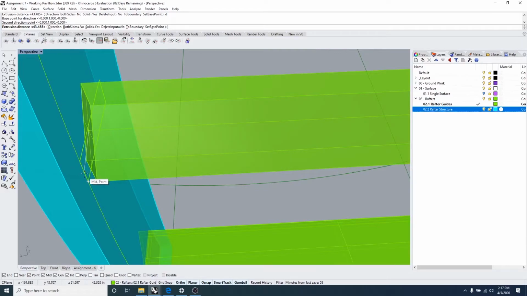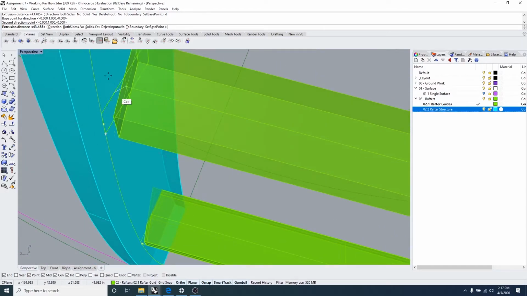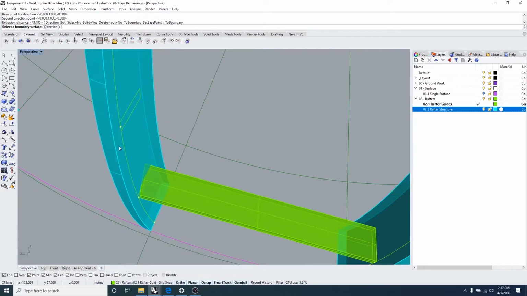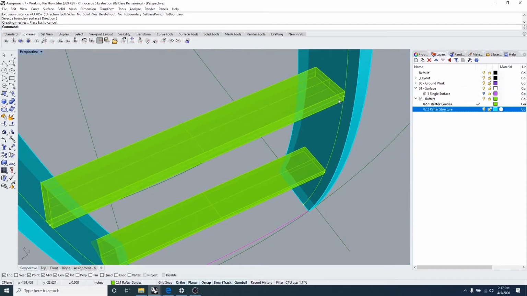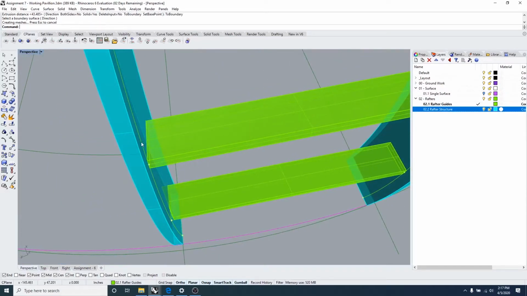Now, as to how to fix the ending, there is an option here that says to boundary. So if we click the to boundary, we can actually pick a face. Notice how I'm picking the face that we currently have these profiles on. So we're going to pick that face, and it's going to keep the same direction. It's going to keep the same profile, and it's going to use this face as a boundary to chop off